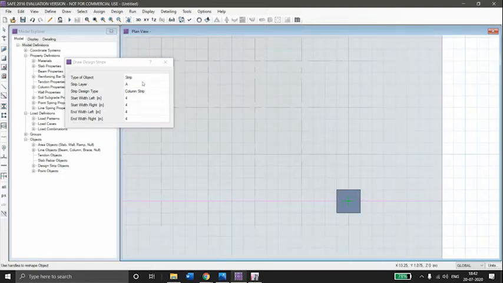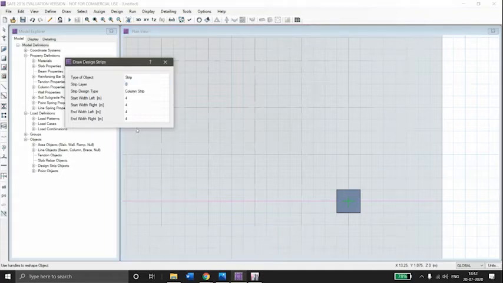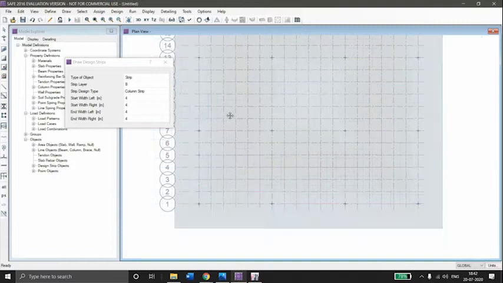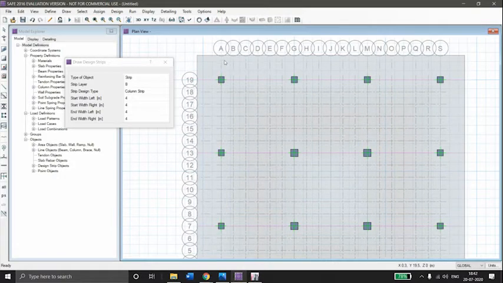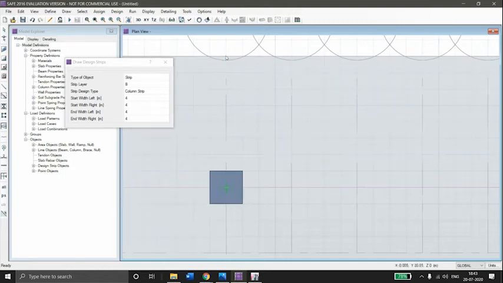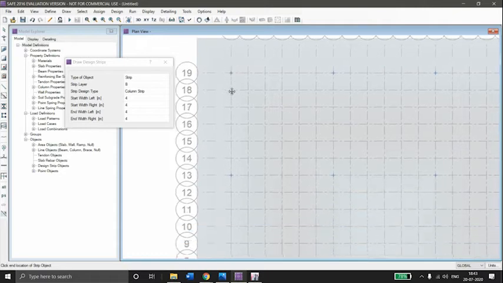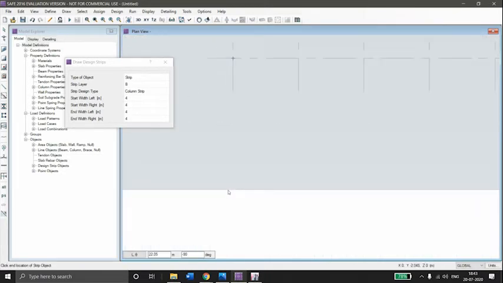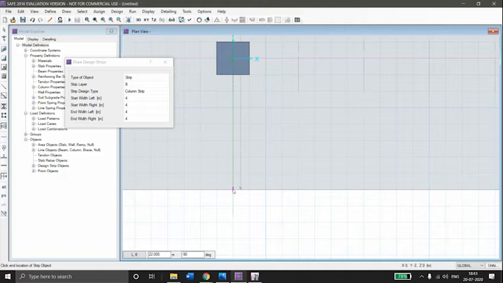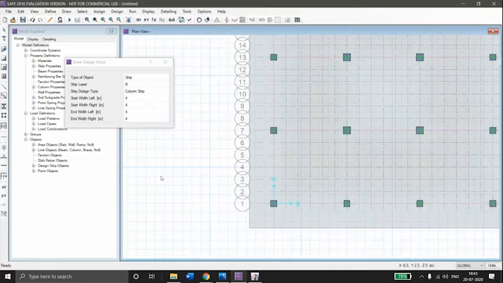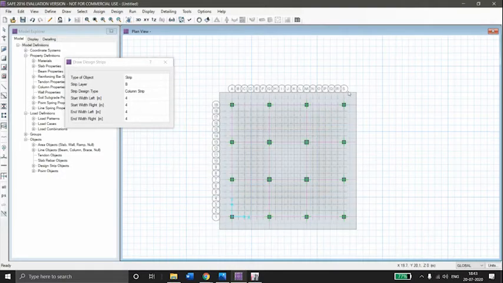Now change to layer B. In the same way, draw all vertical strips, up to the last vertical strip.